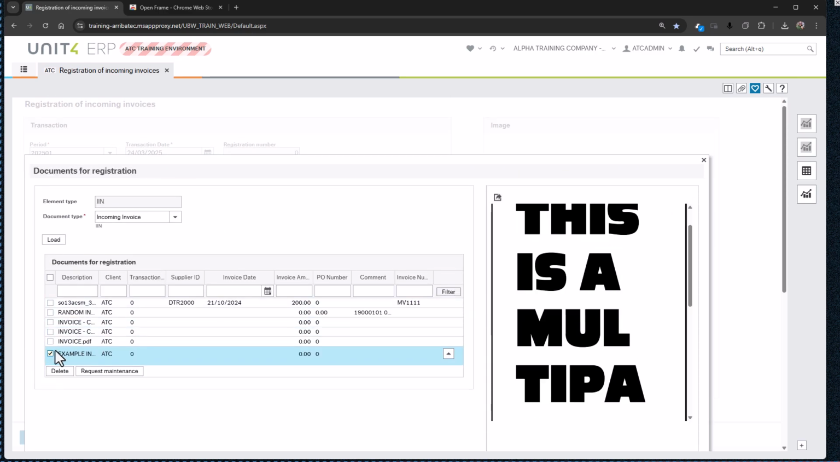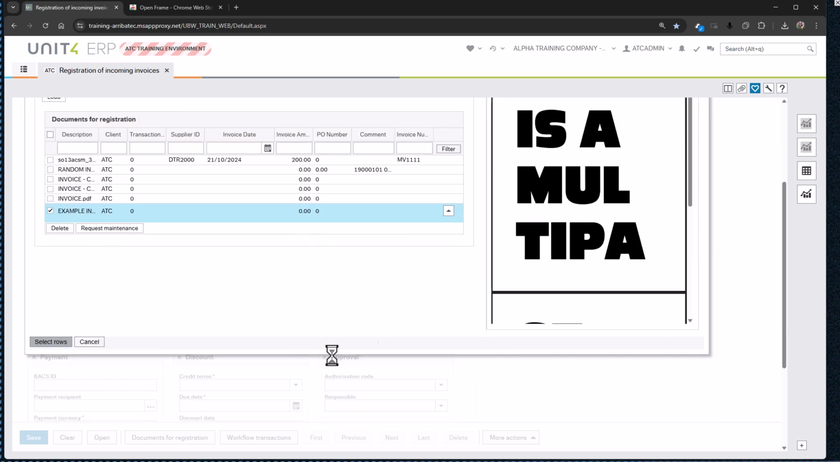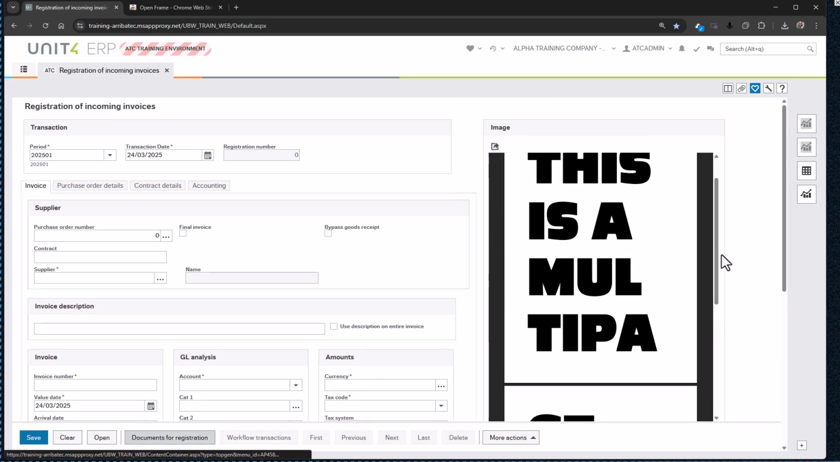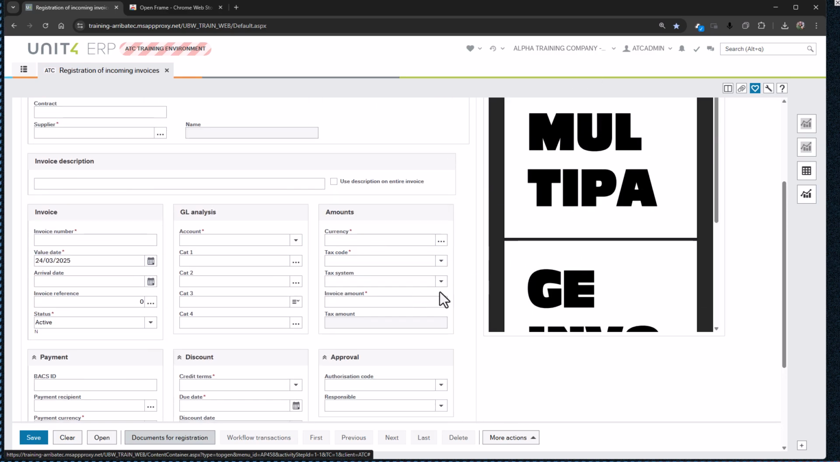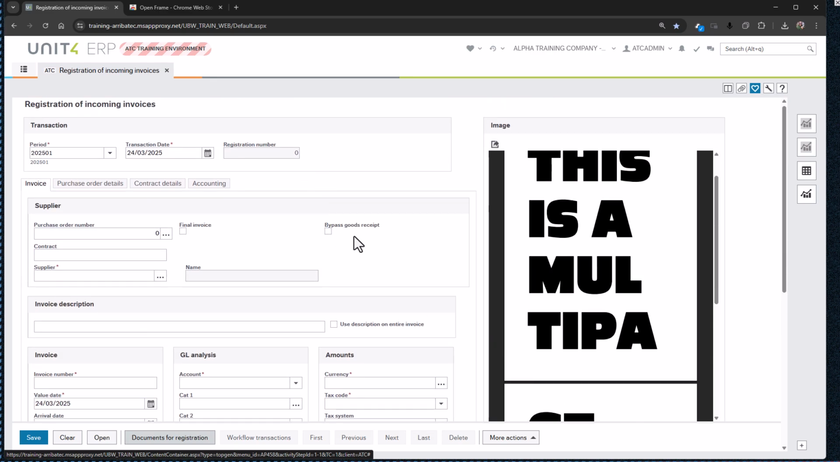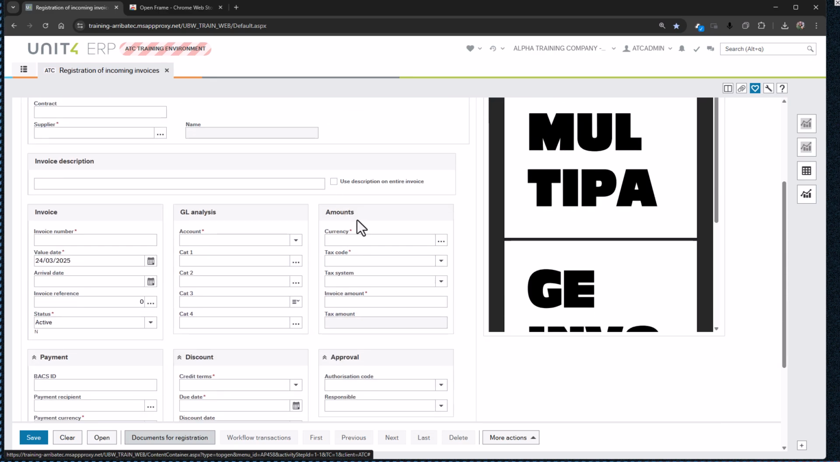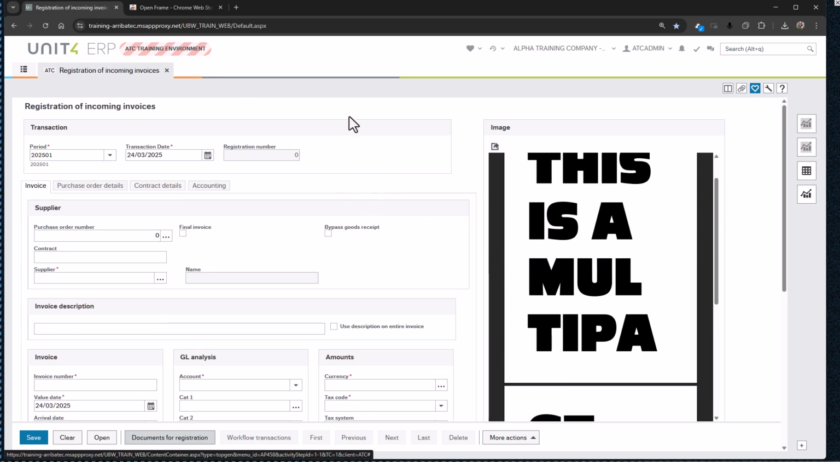So if I tick that and then choose to select rows and bring it into the main screen, again you can see that issue. If I'm entering anything down here, I can barely see the invoice image up at the top. Now there isn't anything inbuilt that can fix this problem, but what I've found is that because